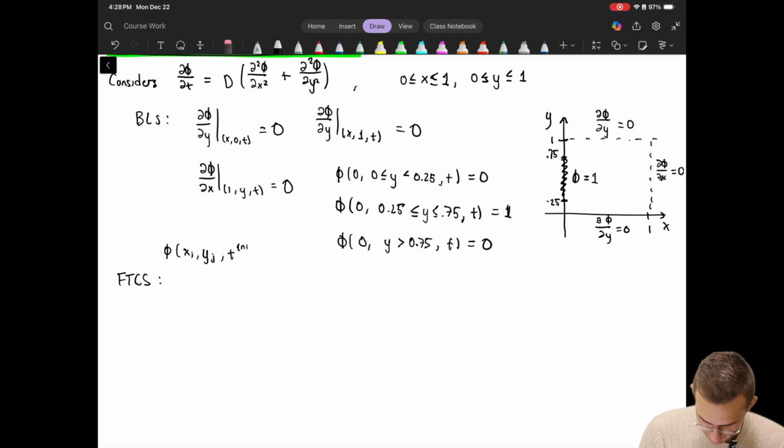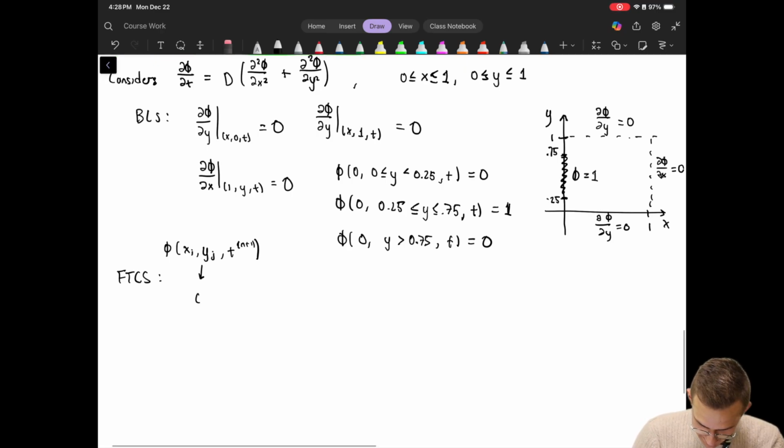And here we'll just do n+1 because that's what will happen on the left-hand side here for forward time, central space. So that thing, what I just wrote down there, you can write as phi_{i,j} at time step n+1, minus phi_{i,j} at time step n, divided by delta t